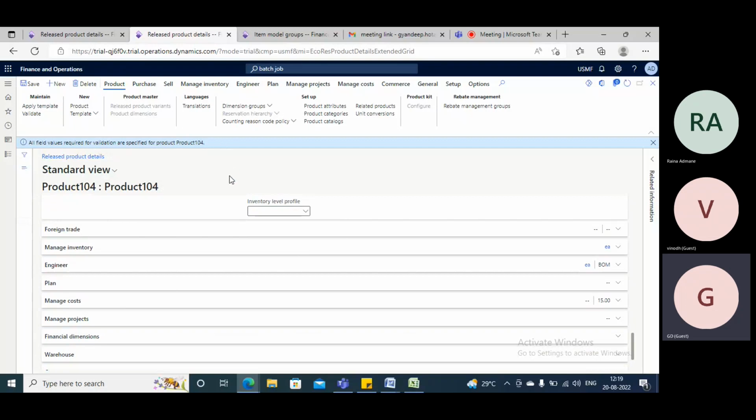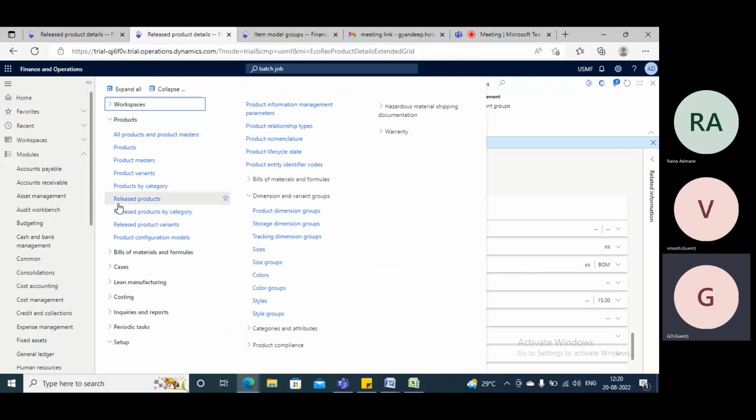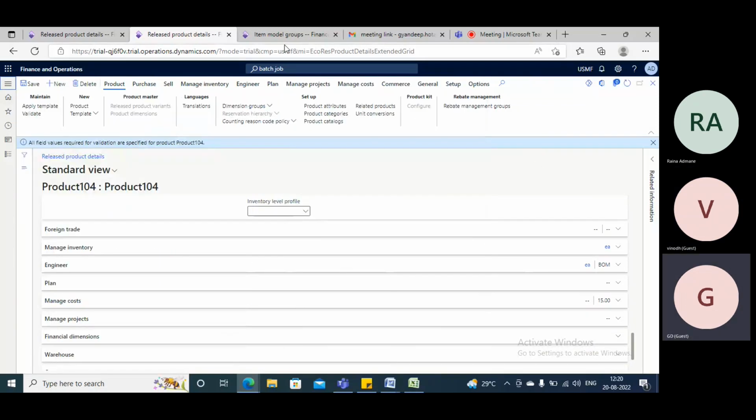So now I will tell you the flow, because you got the idea how the product is created, right? But you don't know how to use it and how I will get the result, because you have created the product. When you are creating something, you need the result. Then only you will know whether this product which I have created is correct or not. So once you have created the product in release product, you should go to